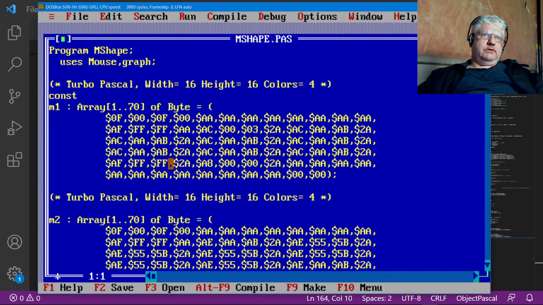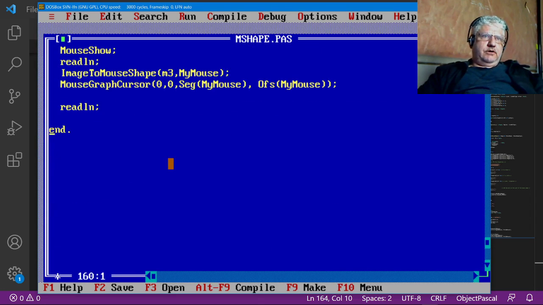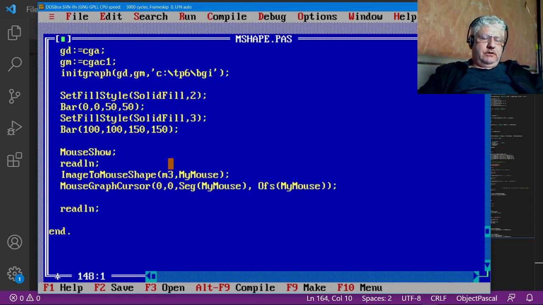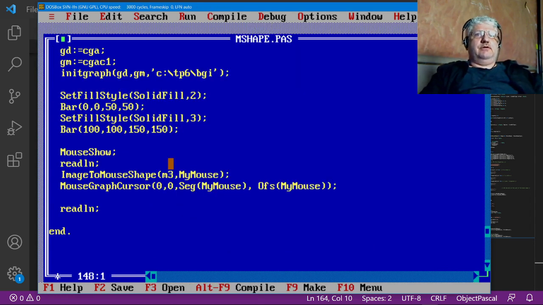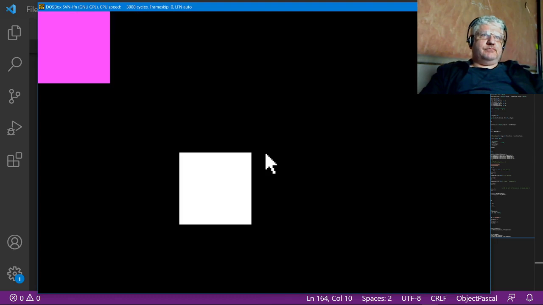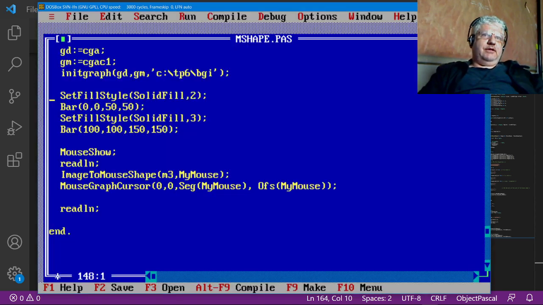All right. So this should be our updated version. And let's try compiling it. Yeah, I got it first try. All right, so let's take a look here. And if I hit enter, we change the mouse image to the one I exported before. If we hit enter again,